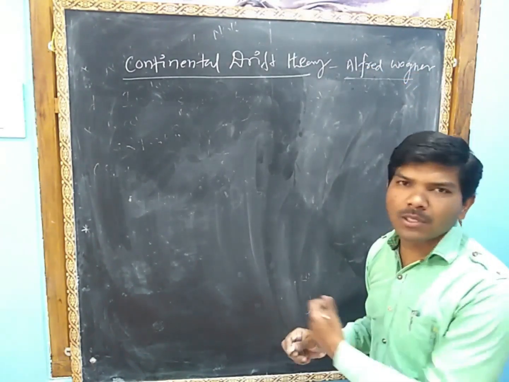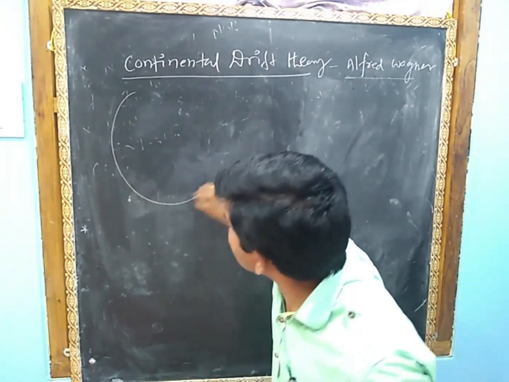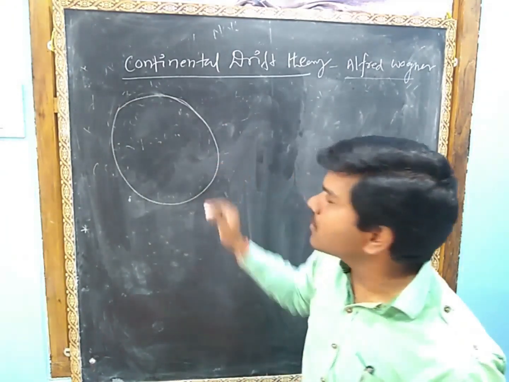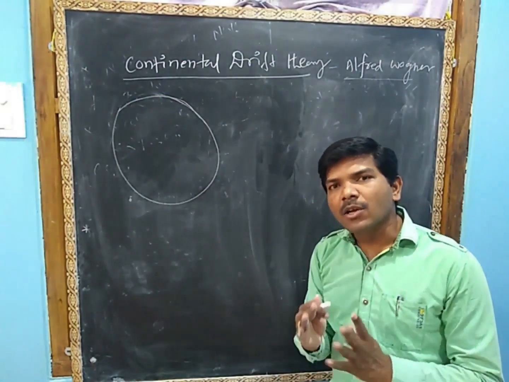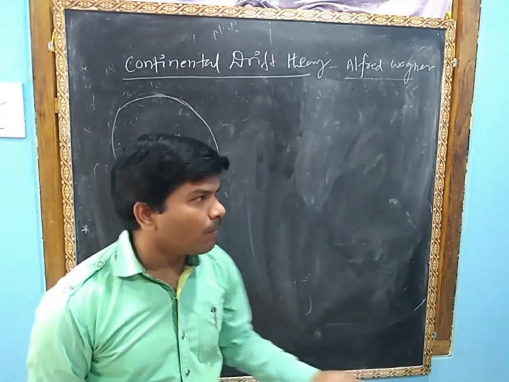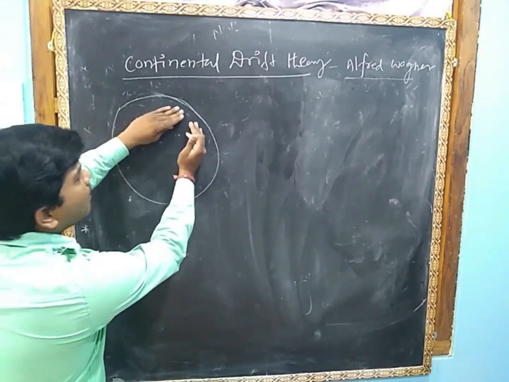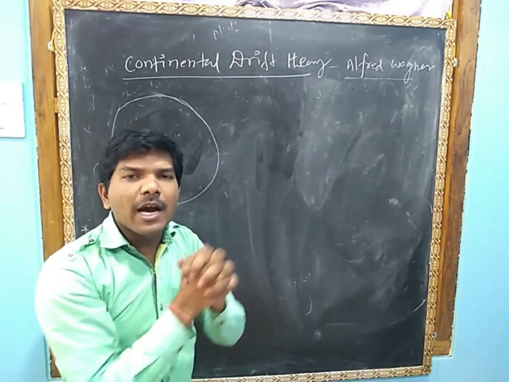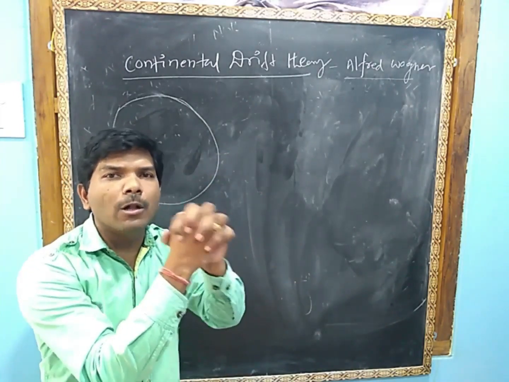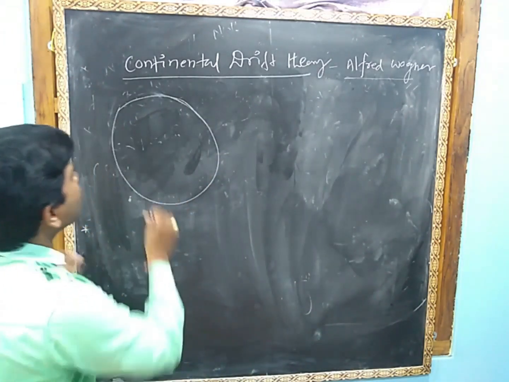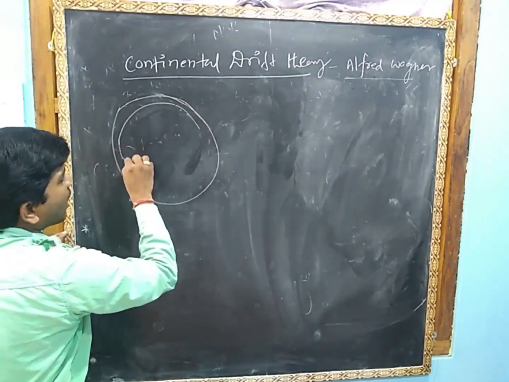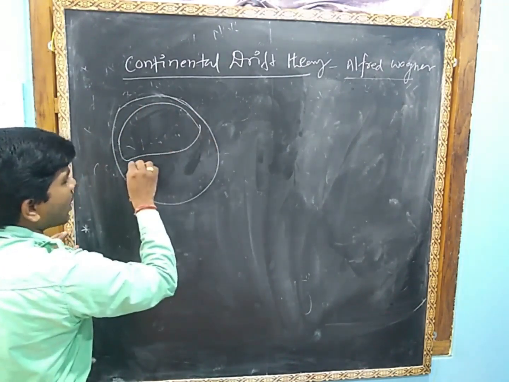So what did he say? In short, he said that the world was made of a single landmass. The entire world was made with a single landmass. Once upon a time, 220 million years ago, the entire world was together. I repeat, 220 million years ago, all the continents were together. But after some time, this was split into two pieces.